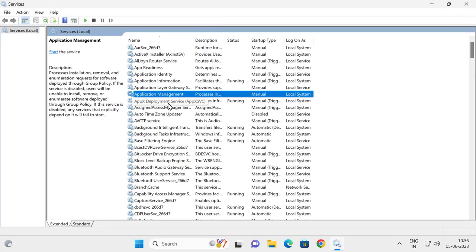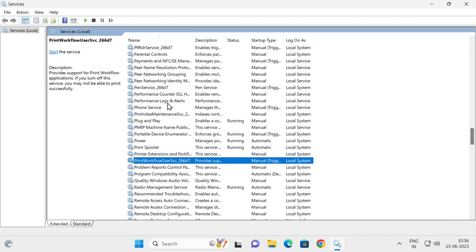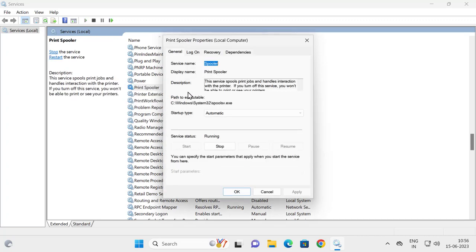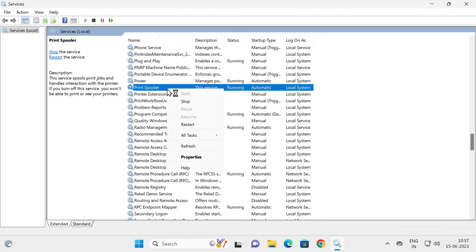In services you need to search for printer spooler service. Double click on it. And you just need to select startup type to automatic, and if the service status is stopped you just need to start it. Click apply and OK, and after that click the printer spooler, right click on it, select restart